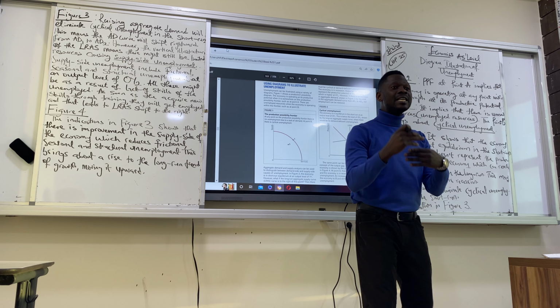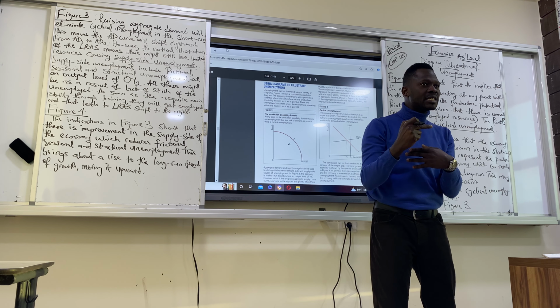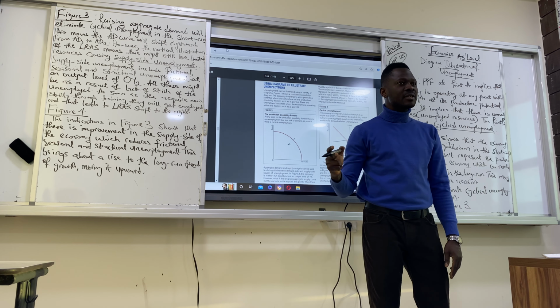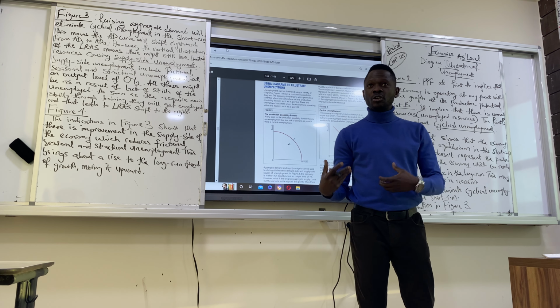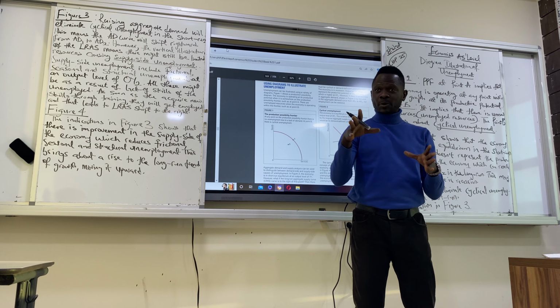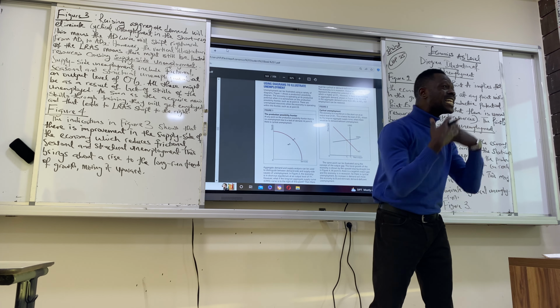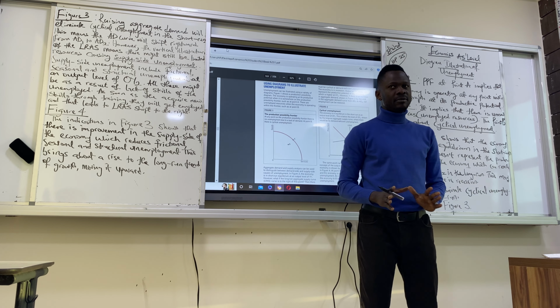Recession. Recession means there's a decline in the economic activity for 2 consecutive quarters. Decline in economic activity, yes. Disposable income is that income that you are able to spend or save. Your real income is what you make, but disposable income is the income that you can either spend or save. I think it's clear.